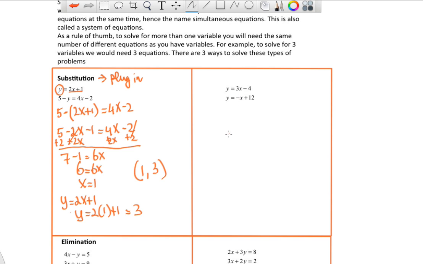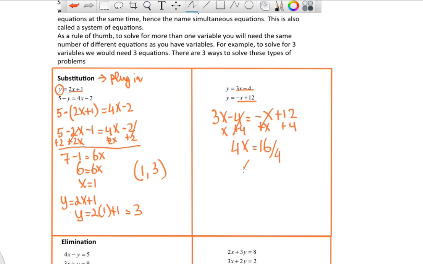Different example, same method, both of these say y equals. Well, if 3x minus 4 equals y, and y also equals negative x plus 12, then these two things have to be equal. So this one you can just equate them to each other, which in essence is that you either plug 3x minus 4 in here, or you plug in negative x plus 12 over there. Add x on both sides, because I prefer to work with positive x's. And then here, plus 4 and plus 4. So we would get 4x equals, that cancels, make sure I'm doing this right,